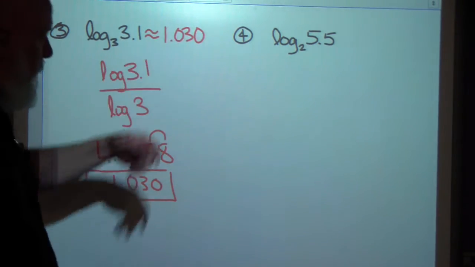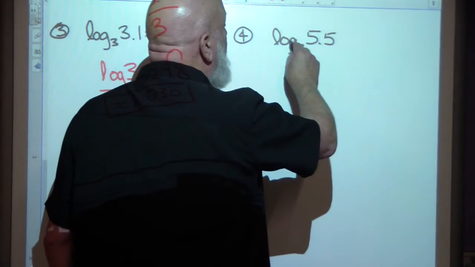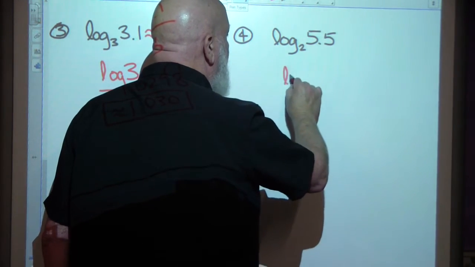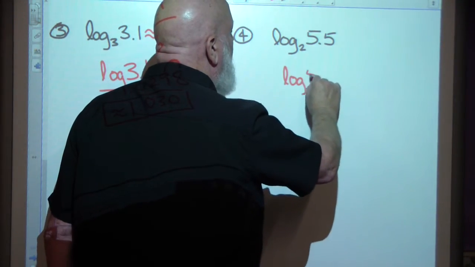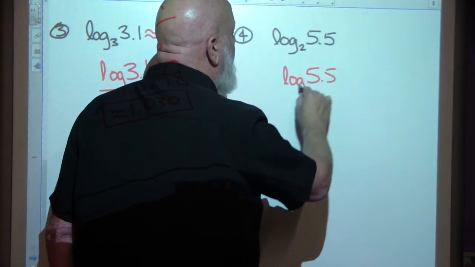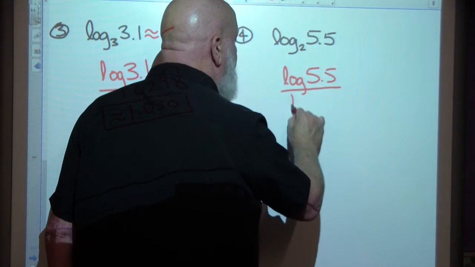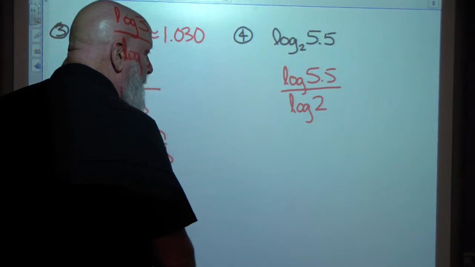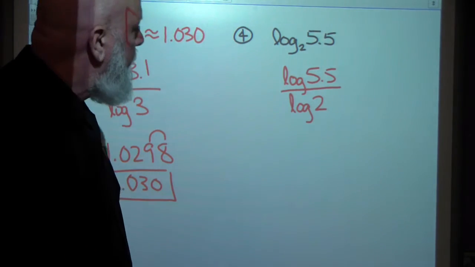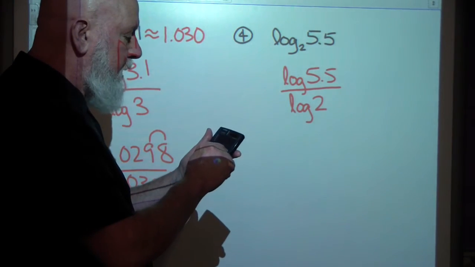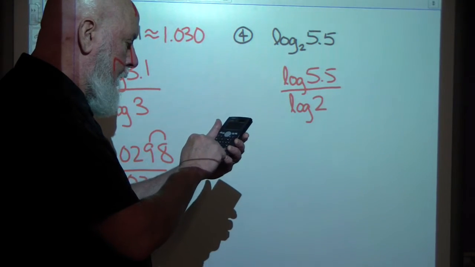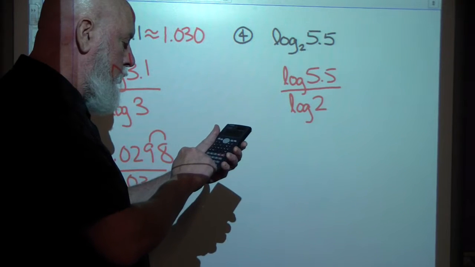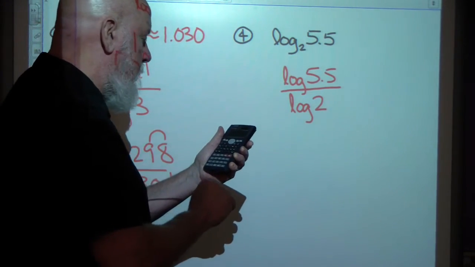Okay, last one. Log base 2 of 5.5. I want to approximate that, so I'm going to use the change of base formula, change it to base 10. Log base 10 of 5.5 divided by log 2 base 10. Can't see the base, so it's base 10. That's what our calculator works in. So now I just go log 5.5 divided by log 2. Log 5.5 divided by log 2 equals